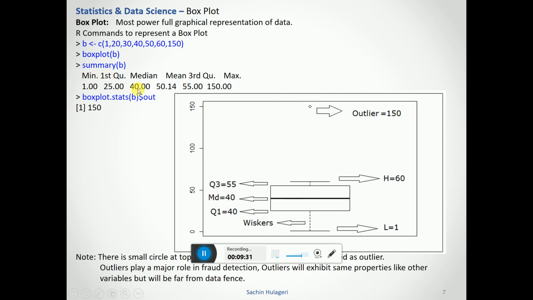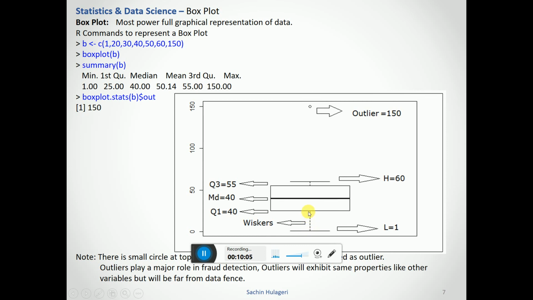When we do a summary of any data set, we mainly get 5 values. One is the minimum value, another is the first quartile, then the median value, the mean, the third quartile, and the max value. All this we can see in one chart. For example, let's take this example itself. This is the lowest line of the representation, which is the lowest value, and then we will have the whiskers.